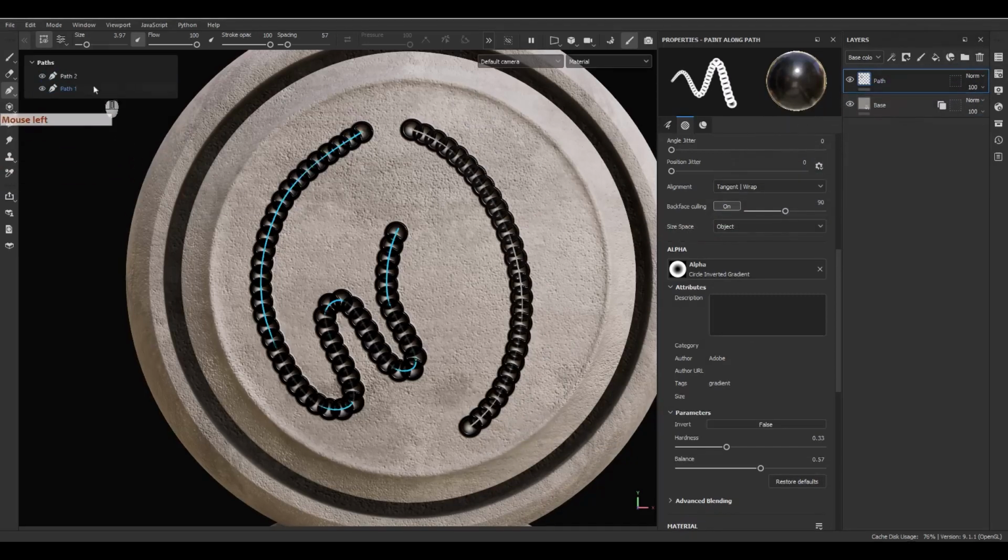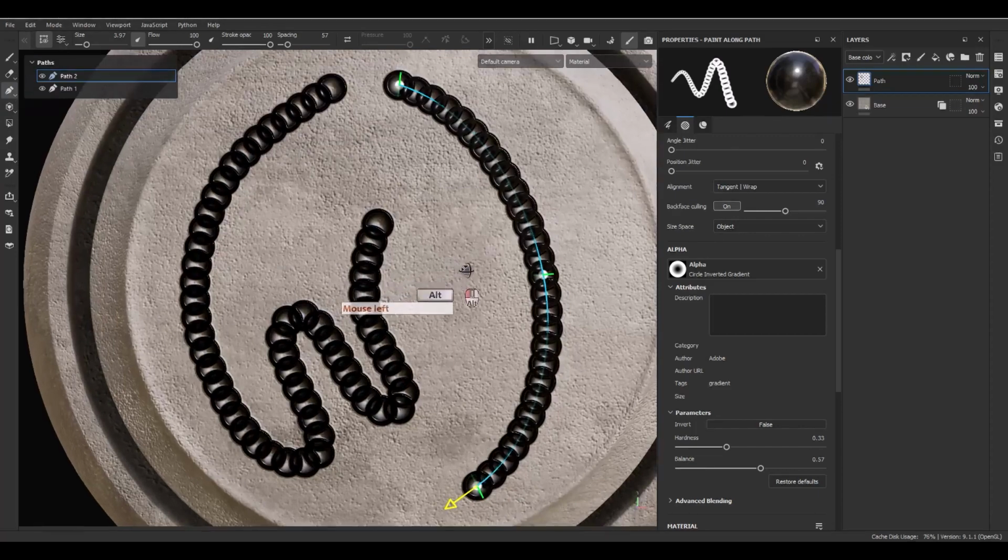And this is how we can manage our path: copy and paste in both path and brush properties, remove or duplicate it. And when you want to rename the path layer, you just need to double click on the layer, and boom. So we can